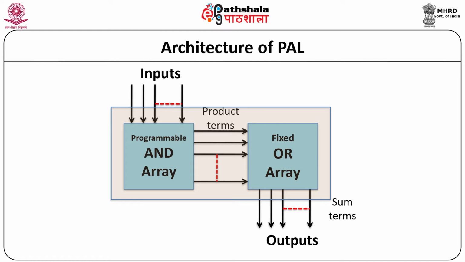The OR gate generates an arbitrary Boolean function in sum of products form. If there are n inputs, then it is expected to have up to a maximum of 2 raised to n minterms. All the minterms are programmable. Similarly, the output of PAL is the sum of a finite number of product terms. Thus, we can implement any Boolean function of n variables.